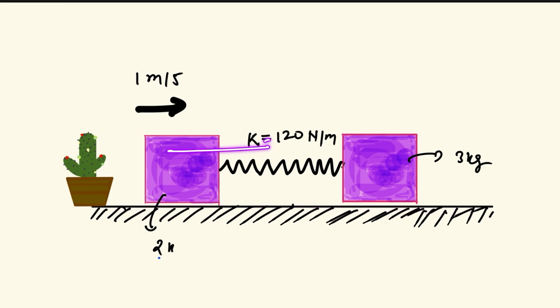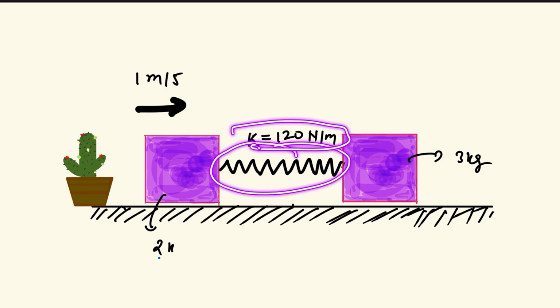And this block is moving in this direction, and we have to find out the maximum compression of this spring, and the spring constant is given as K equal to 120 Newton per meter. Fine, so let us start. First of all, in general, we can write kinetic energy. I will use the law of conservation of energy, and the kinetic energy of any system is given by the formula